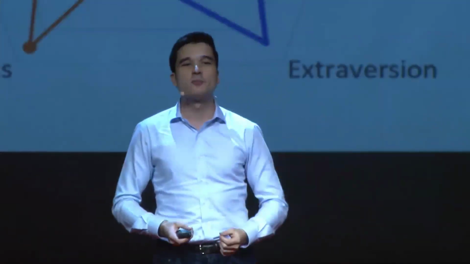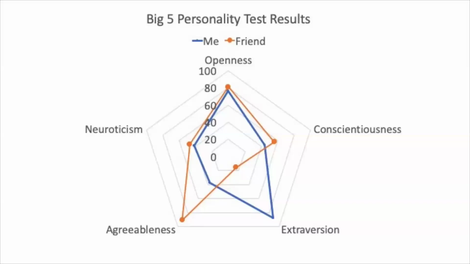So let's visualize our personality test data using position. Not much of an improvement, right? So this is called a radar chart. And it uses position, but it uses it randomly. There's no reason that these personality dimensions should appear in the particular order they do, or why they should form a pentagon. It pains me to say it, but if you actually take a personality test, you're very likely to